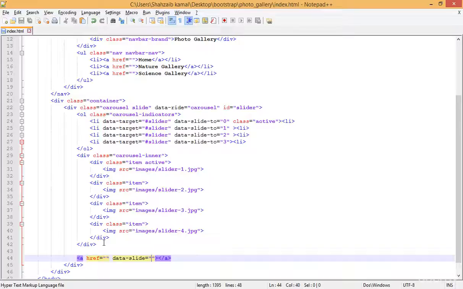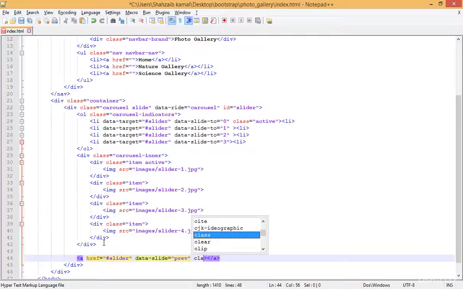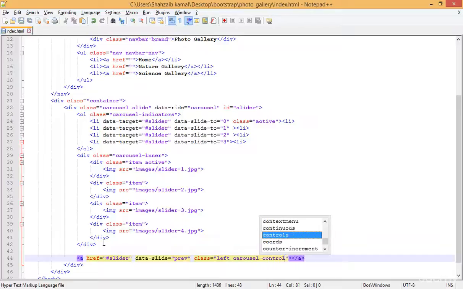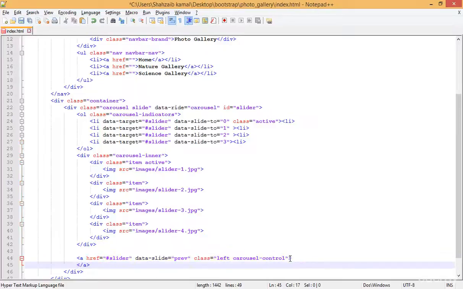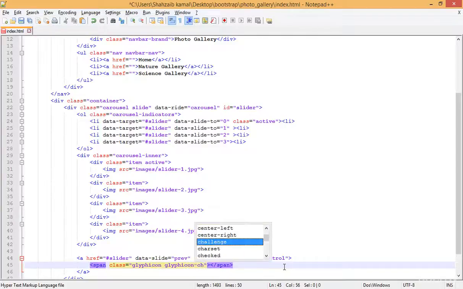Okay, I'm adding the div first, and then go there and add the slider again here, and here add the class of left, and then carousel control. After that, go inside this and add another enter, and then add the span because I want to add an icon here. So let's add the glyphicon, glyphicon, and then add a space and type glyphicon again. The spelling should be correct, and type chevron